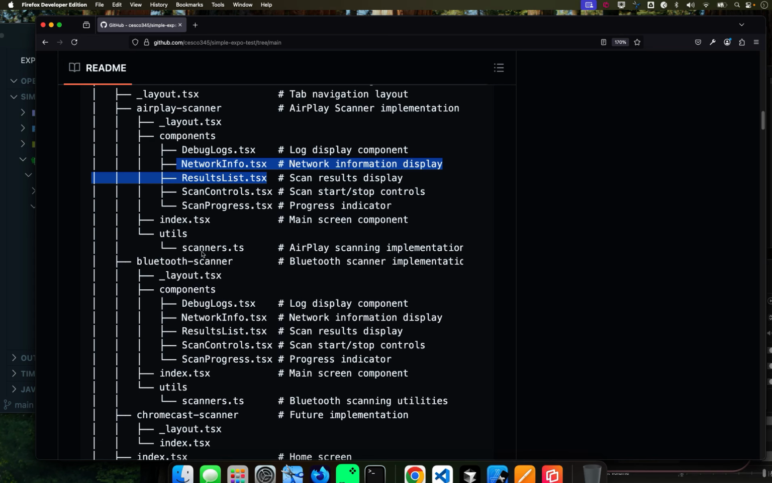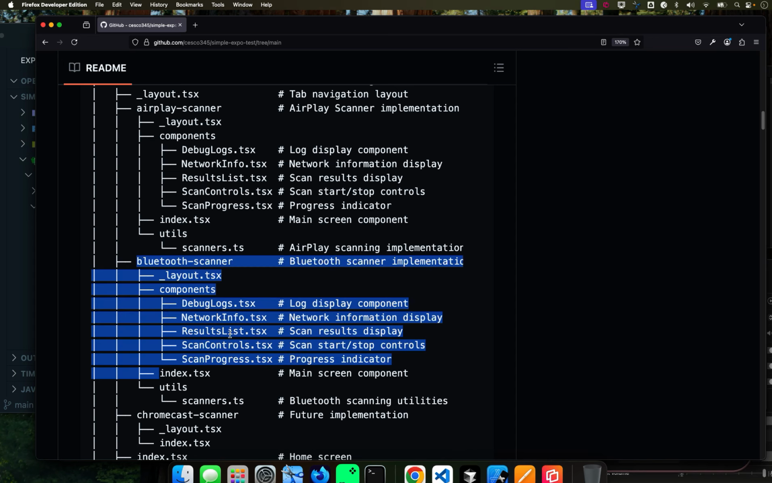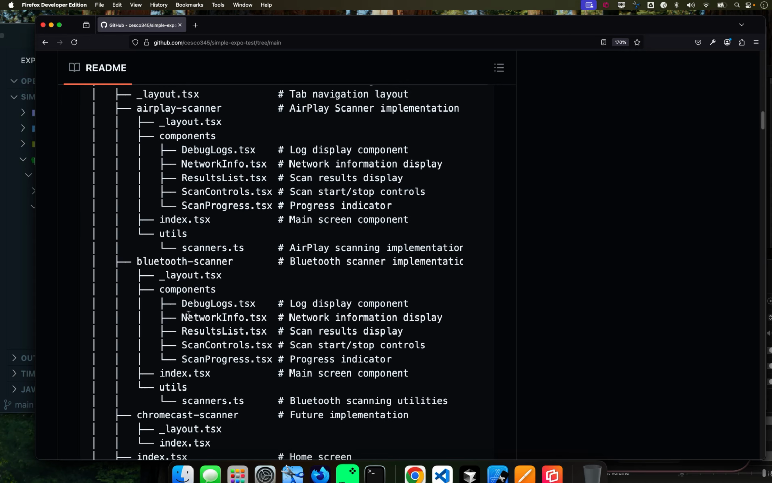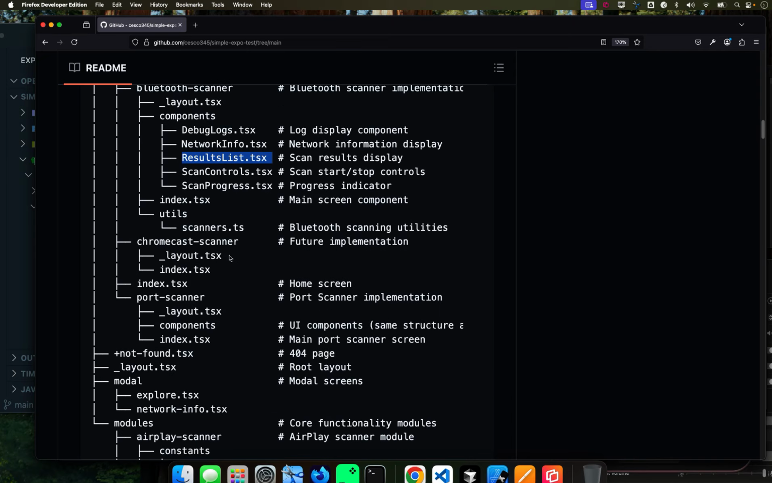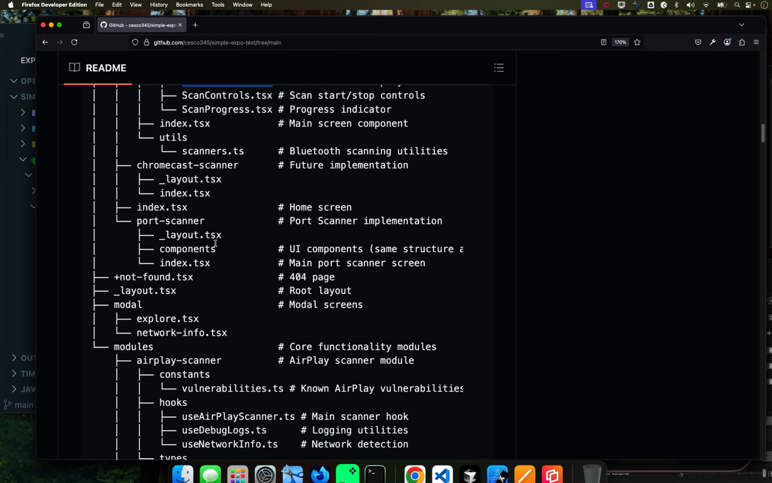Basically, I'm not reinventing the wheel. I'm reusing some of the same programming logic that we used for the AirPlay scanner, and we're using it for the Bluetooth scanner. That's why you can see they have the same names, because it's basically the same programming logic. The only thing that I did a little bit further,